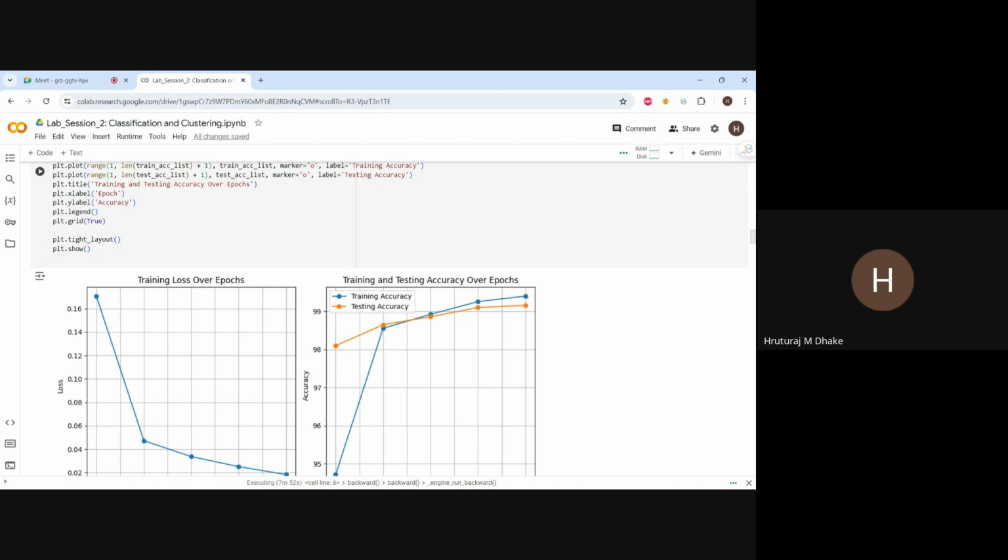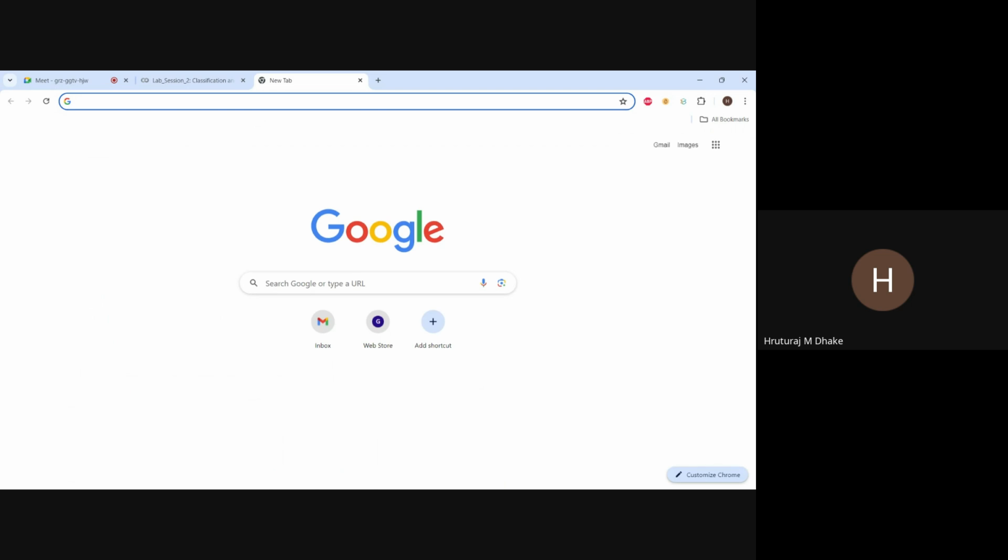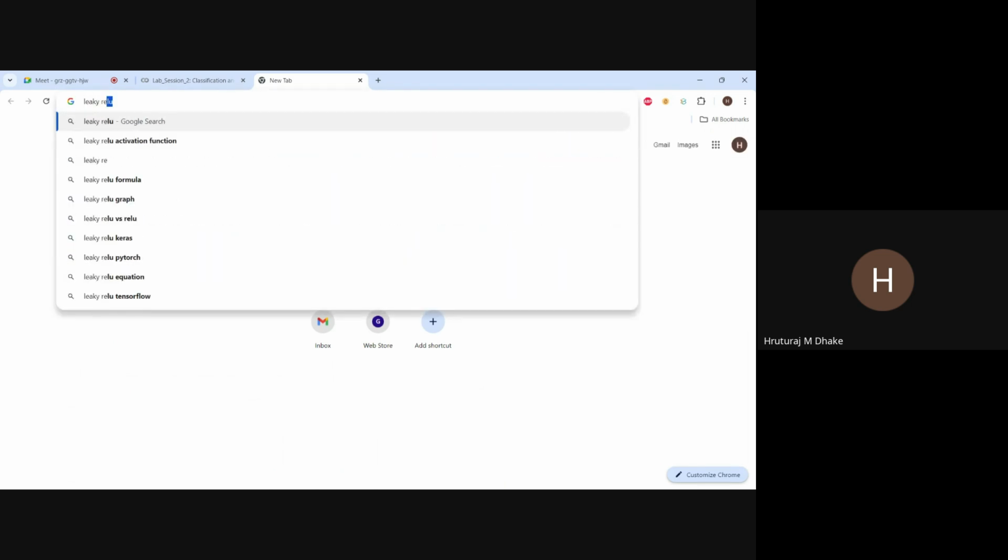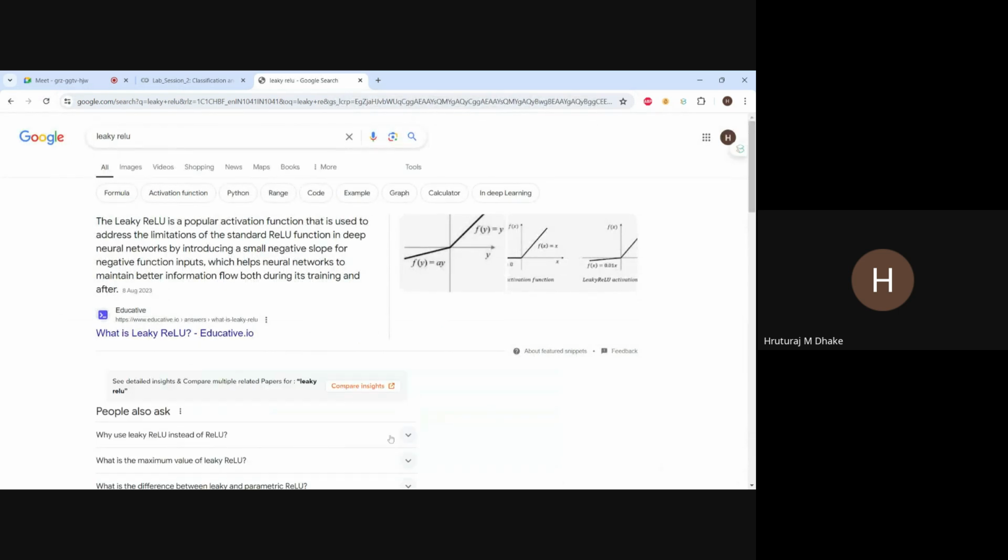अगर तुम लीकी रेलू का फंक्शन देखोगे, तो जब इनपुट में नेगेटिव वैल्यूज होती हैं, तो वो जीरो नहीं दिखाता, वो 0.001 x या 0.01 x दिखाता है। तो उस हिसाब से अगर तुम्हारे फंक्शन, मतलब प्रॉब्लम टू प्रॉब्लम स्विच करना पड़ता है। दिस इज एग्जैक्टली व्हाट हाइपरपैरामीटर ट्यूनिंग इज।